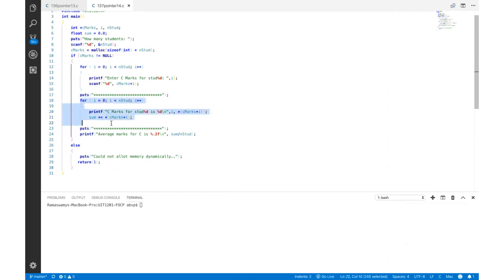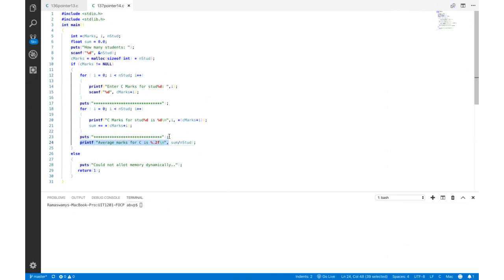After the second for loop, we print the average marks for C. Let us build and run this program.